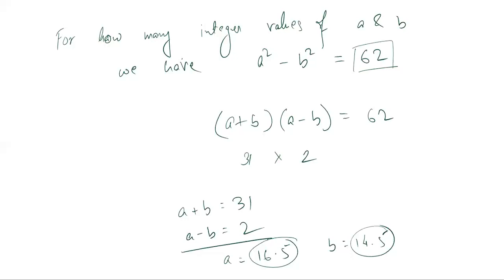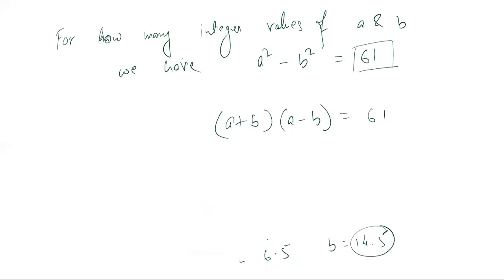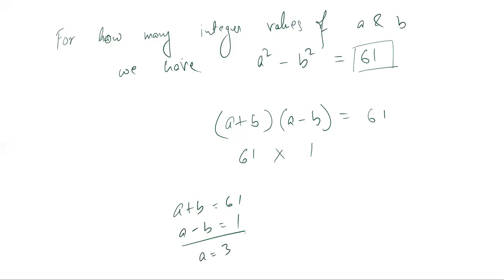What I mean by that is, suppose I change this to something like 61 instead of 62. Now this is not a multiple of 4, but the important part is this is an odd number, not an even number, right? So what changes then? If I have this as 61, I don't even have to break this. I can't even break it because it's a prime number. I can just simply represent this as 61 into 1. In that case, a plus b is 61 and a minus b is 1, right? And we are getting a as 31 and b as 30. So this is definitely giving me a solution. 31 square minus 30 square is actually 61.